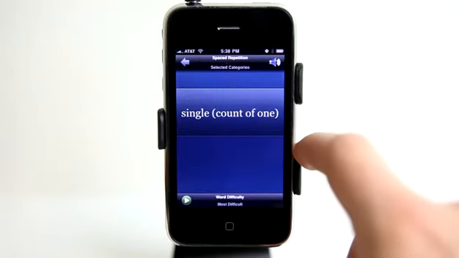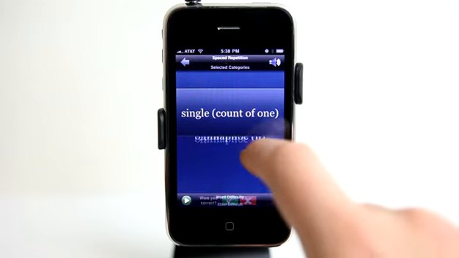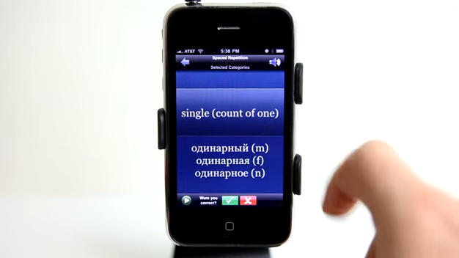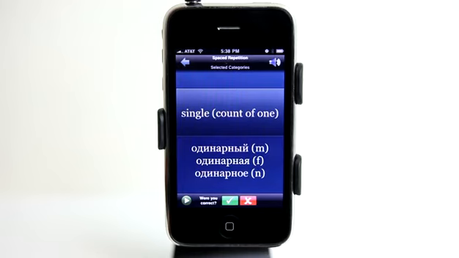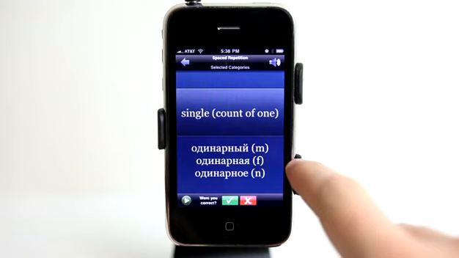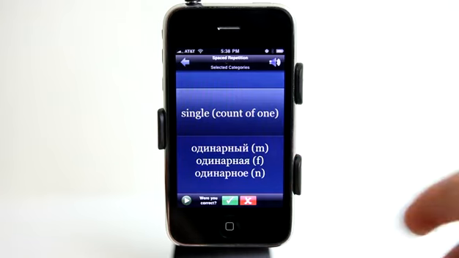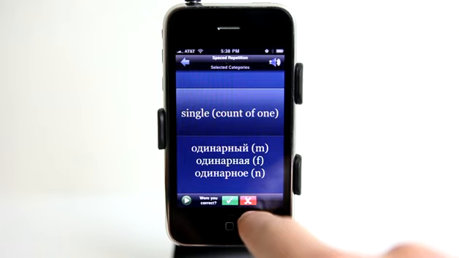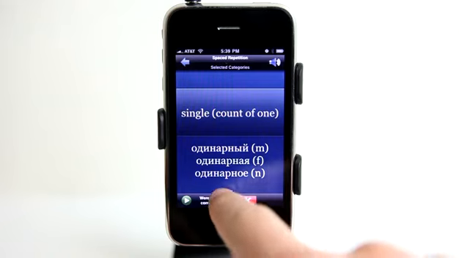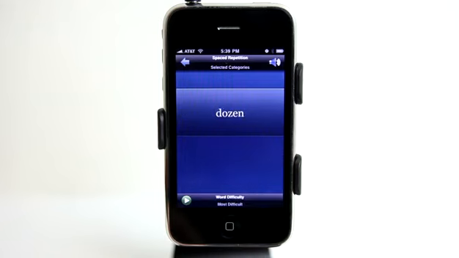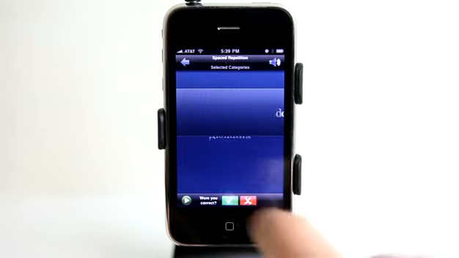And then spaced repetition. So this is essentially like a practice test. Now it goes through and it reads those off, but of course I would be saying them first. And if I was correct, I would hit the check mark. If I was incorrect, I would hit the red X. So now it's given me dozen. So what I would do is say, either in my head or out loud, the Russian version translation of dozen, Дюжина, then tap, and if I got it correct,